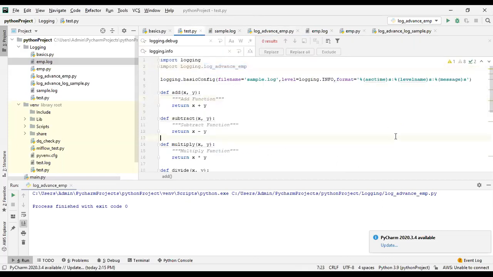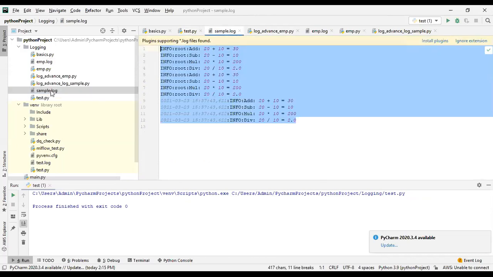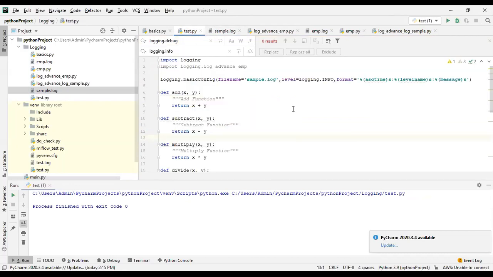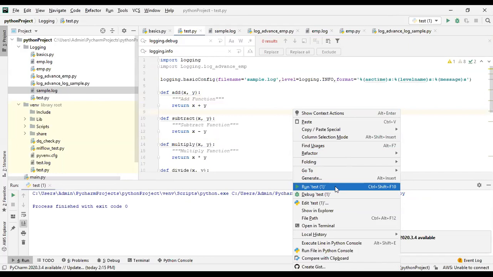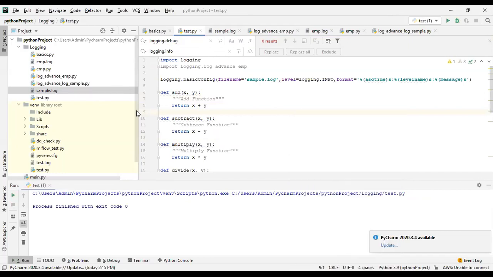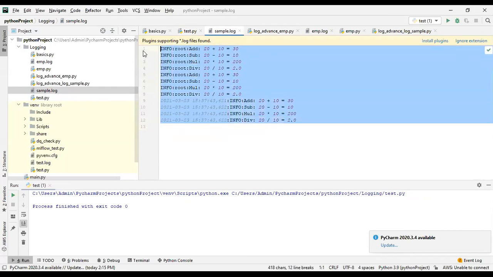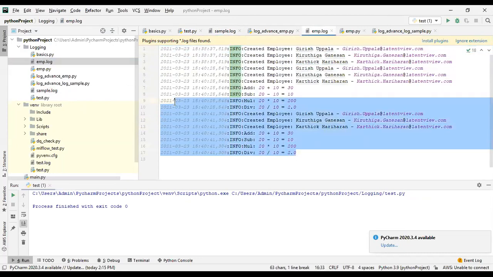Let me execute and show it to you. Let me go to the sample log file here. Execute. Now you can see nothing is logging here, but see here, it is logging.